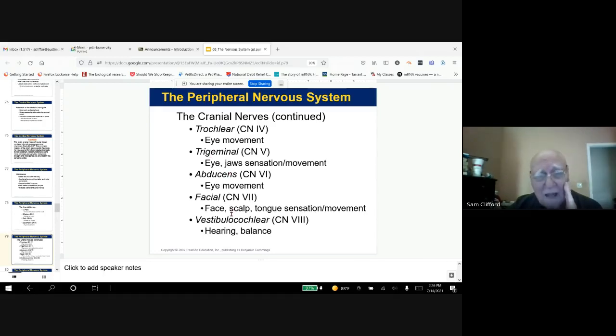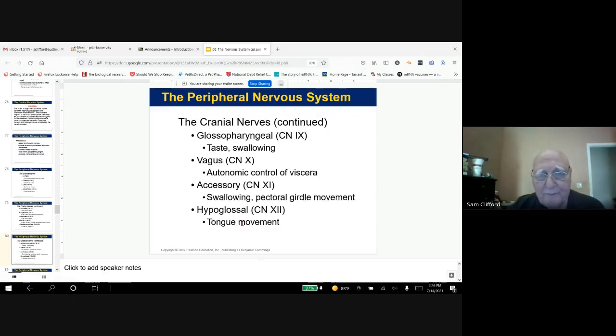The vestibulocochlear nerve is the 8th cranial nerve, and it's involved in balance and equilibrium and hearing. The glossopharyngeal, number 9, here's taste and swallowing, mostly controlled by the central nervous system in some of these activities,